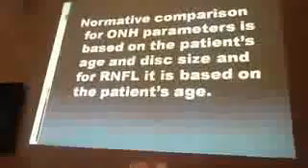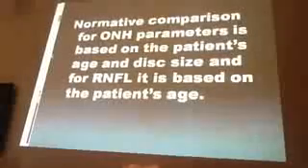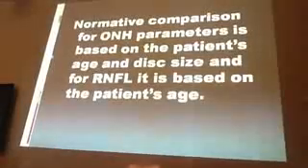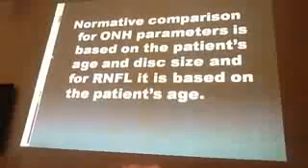Here you have information on various optic nerve head parameters based on the patient's age and disc size and so on. In that table you have the cup disc ratio, vertical, horizontal. You have the disc area, the diameter, the rim, they're all in. It's also compared to a normative database and they also come in colors. When you see it in red, something is wrong. When you see it in yellow, it's borderline. When you see it in green, it is normal. When you see it in gray, that means there's no available data to compare that information with. So they just leave it as gray.